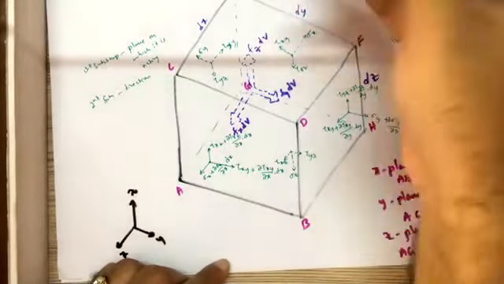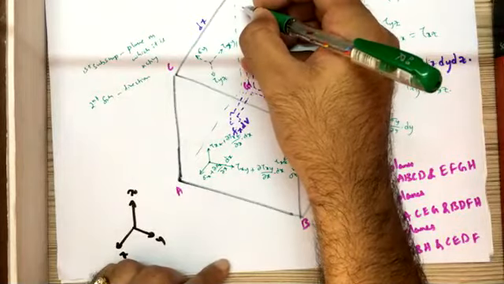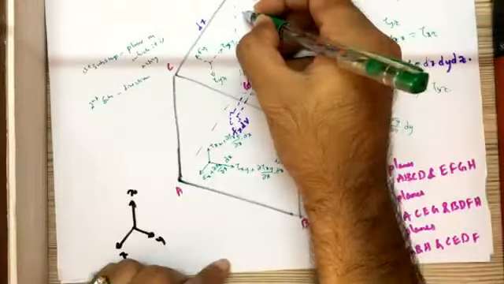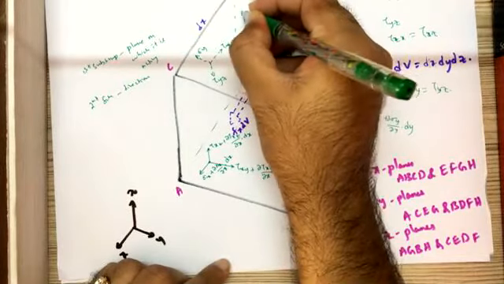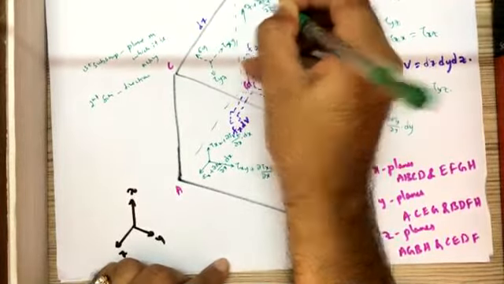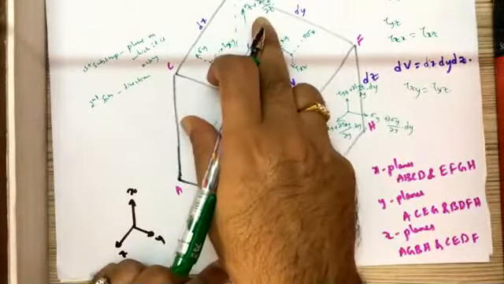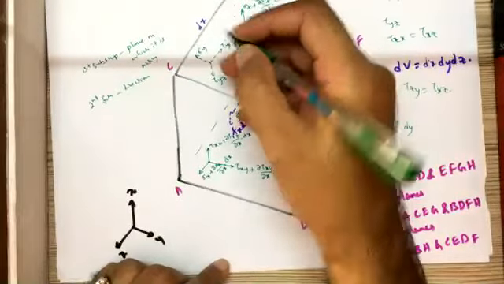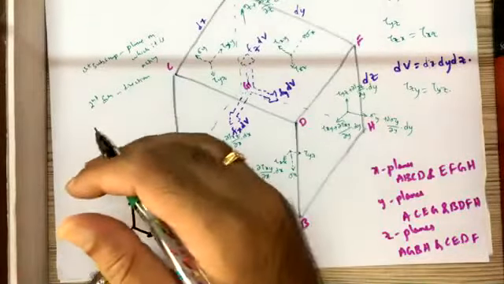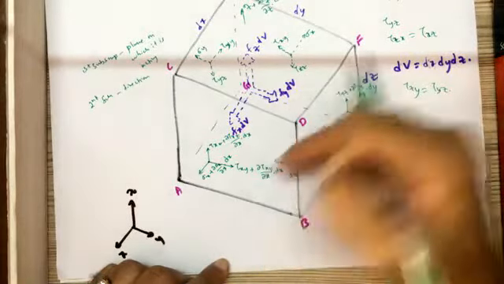On the top plane, this becomes sigma z plus dou sigma z by dou z. Why dou z? Because we are now dealing with z planes, so we have to differentiate with respect to z. The other two shear stresses also need to be differentiated with respect to z. What are the other two shear stresses? Tau xz, which we considered in this direction.